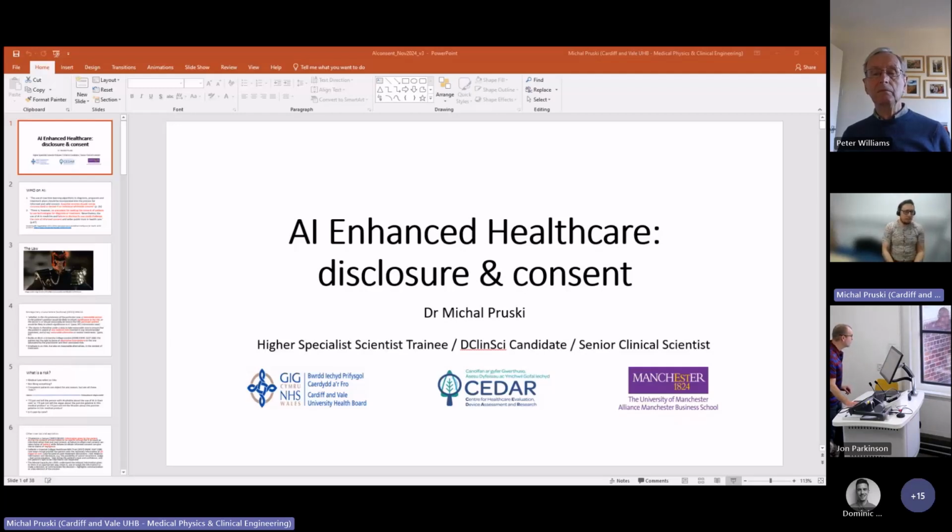And then it stated that there is no precedent for seeking the consent of patients to use technologies for diagnosis and treatment. Nevertheless, the use of AI in medicine and failure to disclose its use could challenge the core of